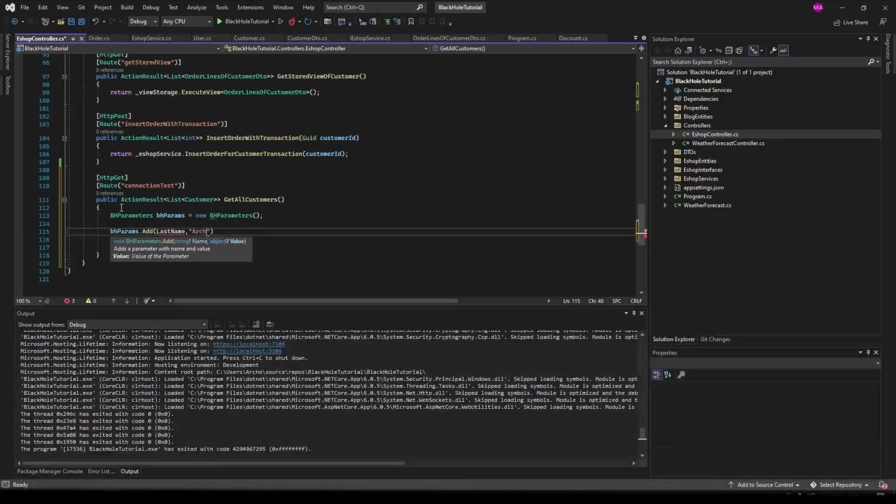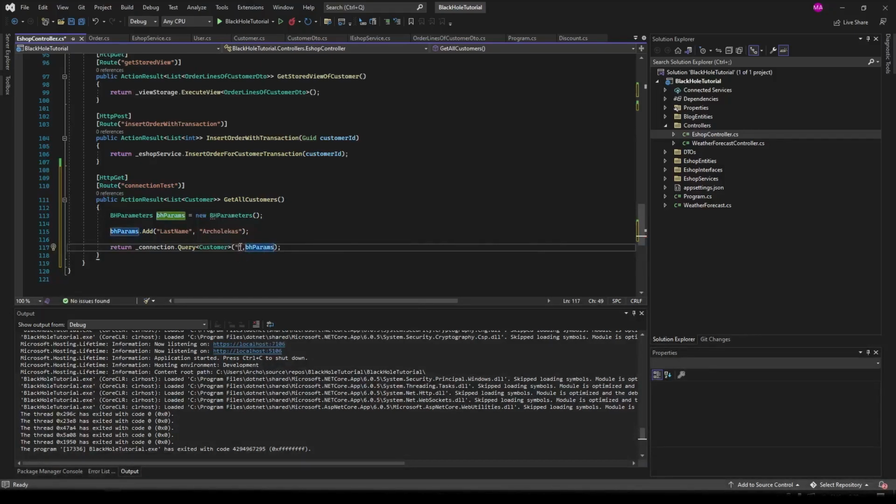No, we don't have a last name for Mike. And wait, this is a name actually. It's a string. So now we have a parameter whose name is last name, and its value is Arjolekas, my last name, and we could add here the BH parameters, and we can type a command: select star everything from, and now we need, because we're using a schema, we need to specify the schema isop dot,